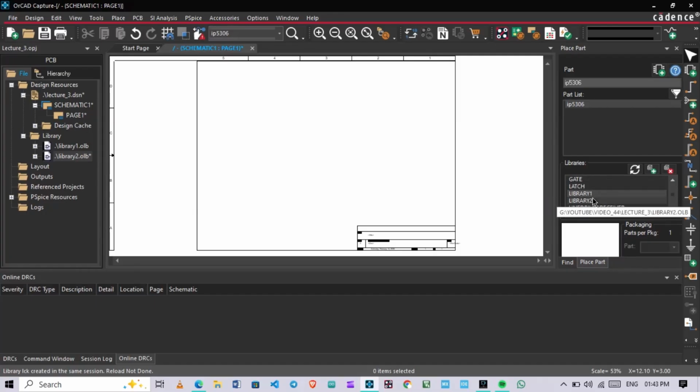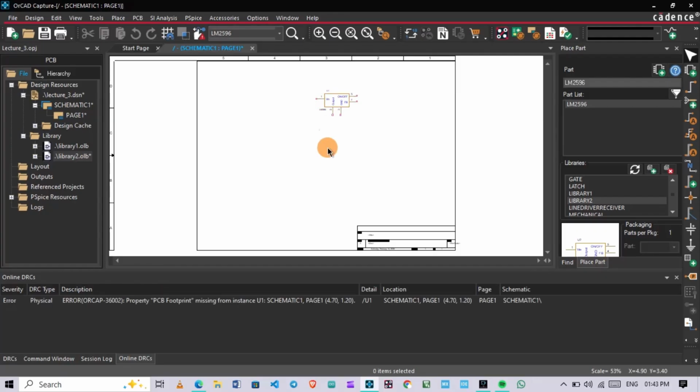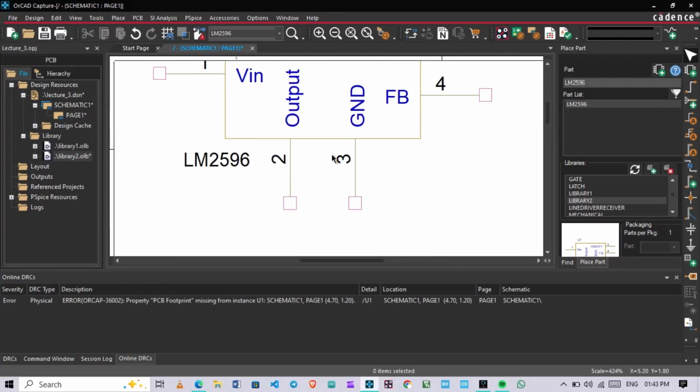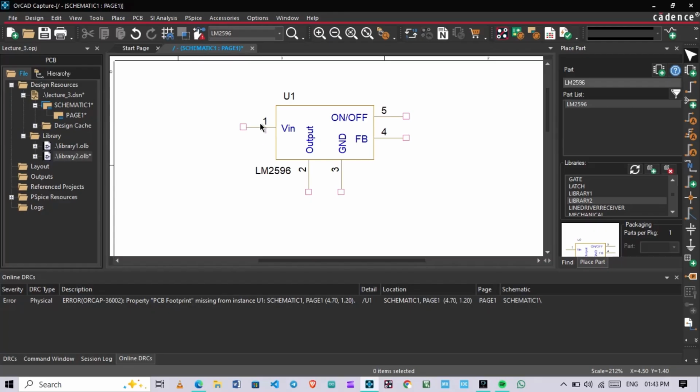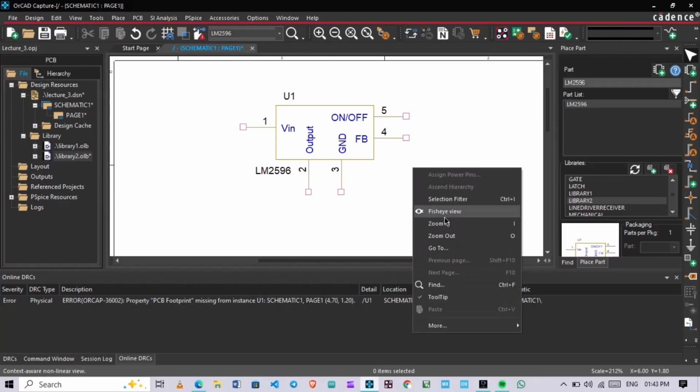See, library 2 has also come here. Click on enter. You can see here this library, we have successfully created, guys. And to see the grid in the project view, you have to click on this